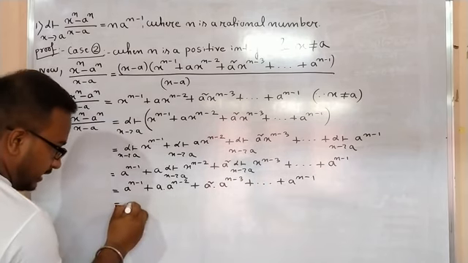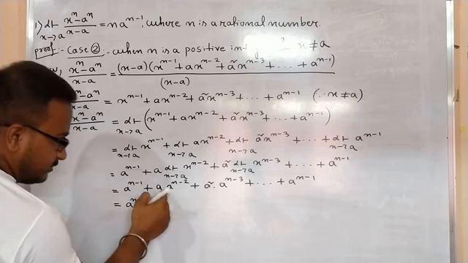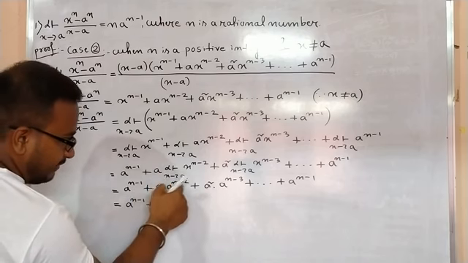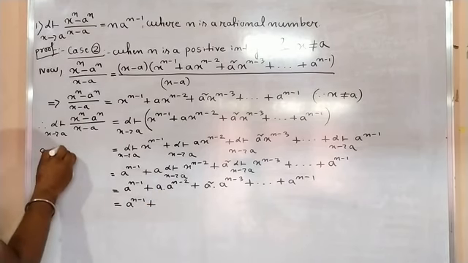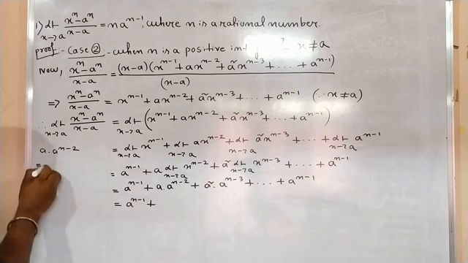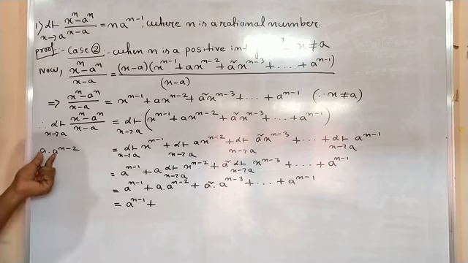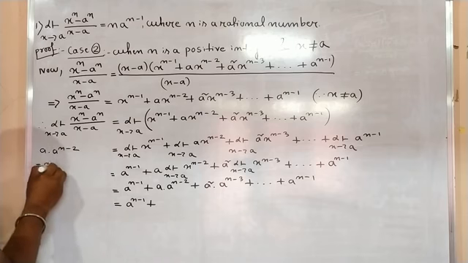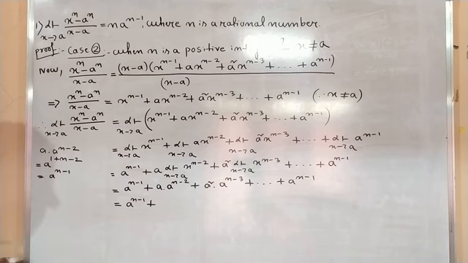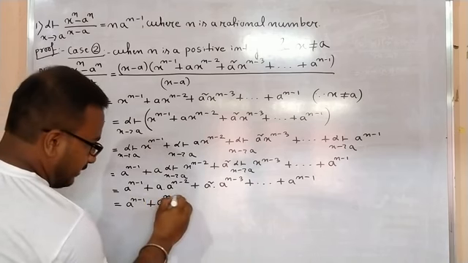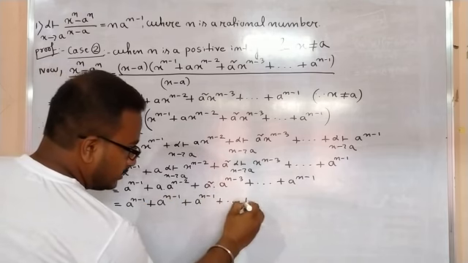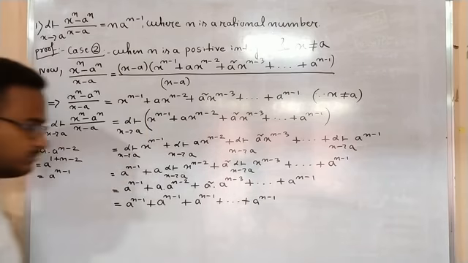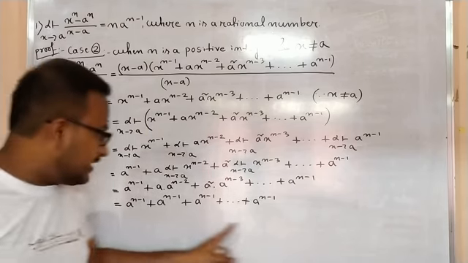Now this is what? A to the power n minus 1 plus, it is what? A to the power 1 plus n minus 2. So it is a to the power n minus 1, isn't it? Because a into a to the power n minus 2. Use the law of indices. Law of indices में क्या, अगर बेस सेम है तो पावर ऐड होता है. So I can write it is a to the power 1 plus n minus 2. Now it is a to the power n minus 1, right? So it is a to the power n minus 1. Similarly it is again a to the power n minus 1 plus dot dot dot plus a to the power n minus 1, right? Now यहाँ पे कितना टर्म है?